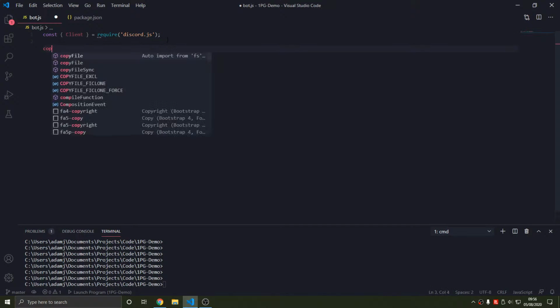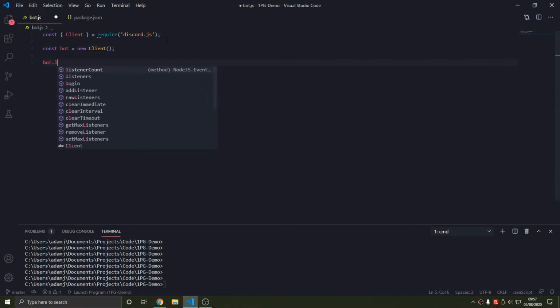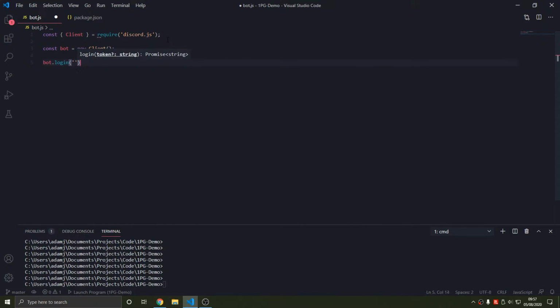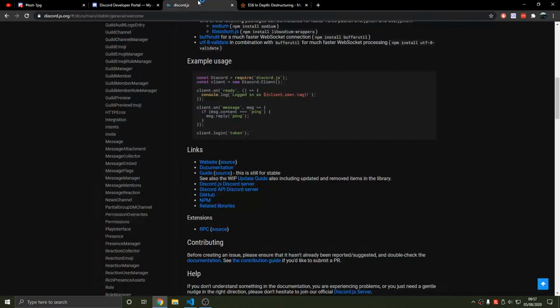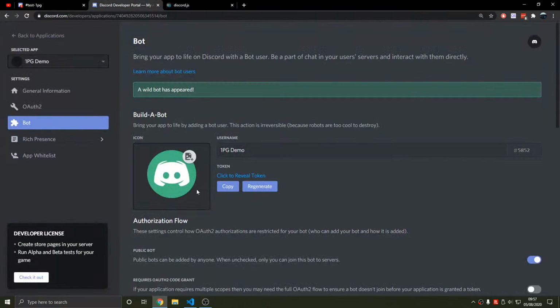So now we create the bot, const bot equals new Client. Cool. Now we need to log in the bot. So bot.login. Also with VSCode, you can hover over it and it will show you. It's called IntelliSense, a built-in feature, I believe. So now bot.login token, that's what we want. So we copy this token,